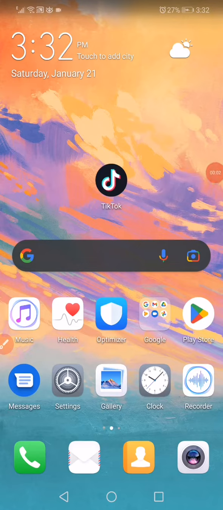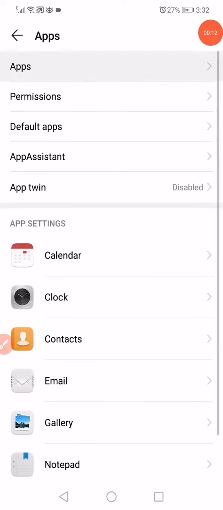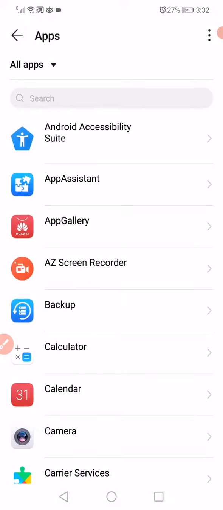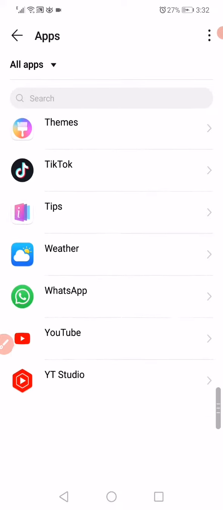In this short tutorial, I'm gonna show you how to fix features missing on TikTok app. So the first thing you wanna do is open the settings on your phone and then go to the apps manager. When you open the apps on this page, you will find all the apps that you have on your phone. So all what you wanna do is wait a few seconds, scroll until you find TikTok, click on it,